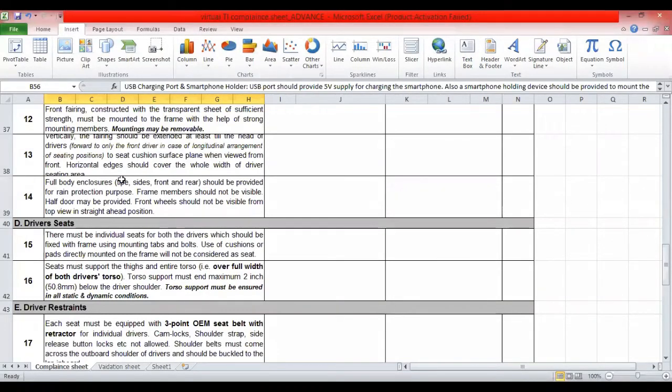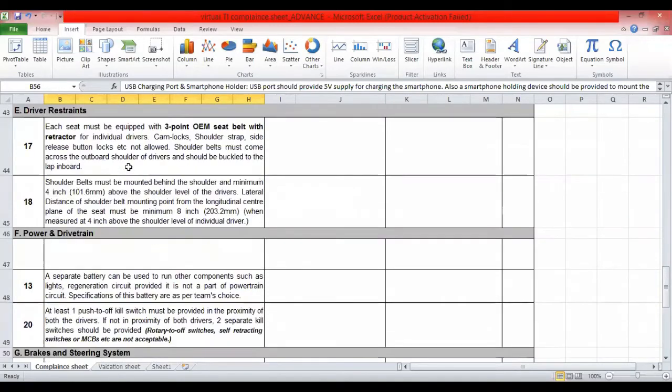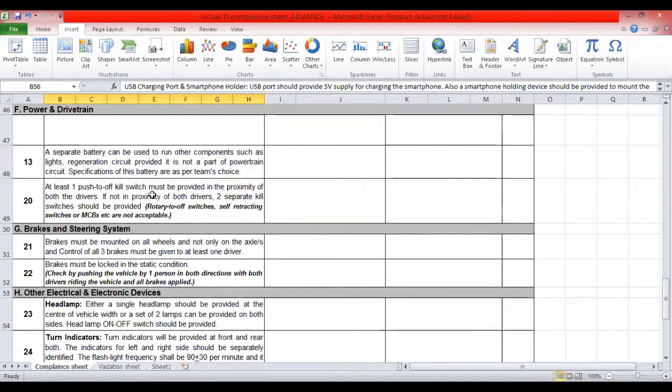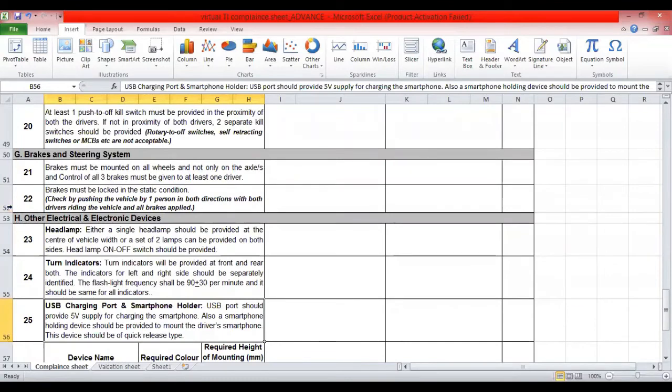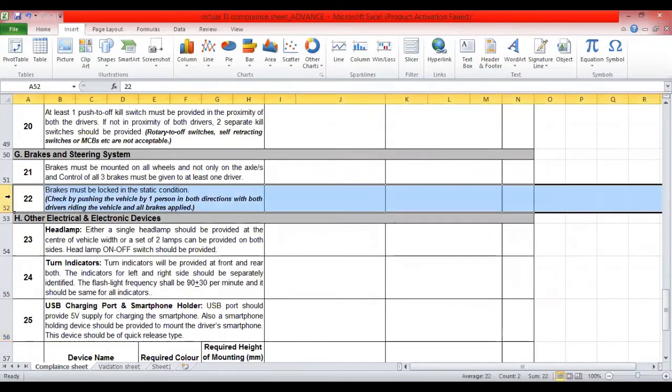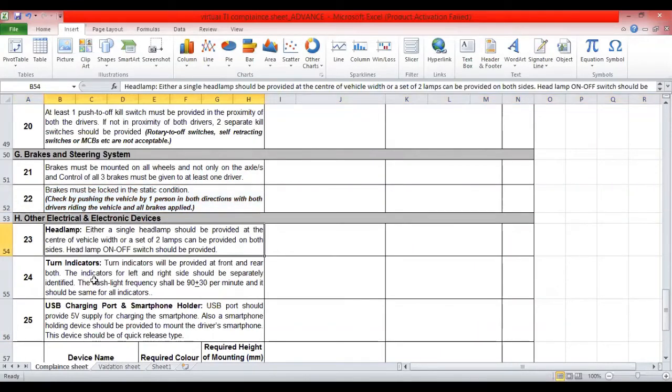Okay, so from there now I will take you to the points which are specially for, I must say, advanced. So let's start from point number 23, because till 22 it is the same for both conventional and advanced. So I'll take you through point number 23, where these are the special things which are only available in advanced.